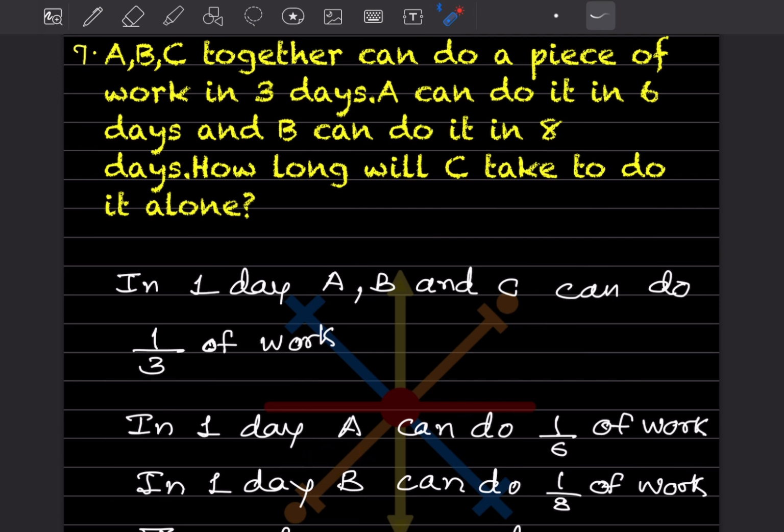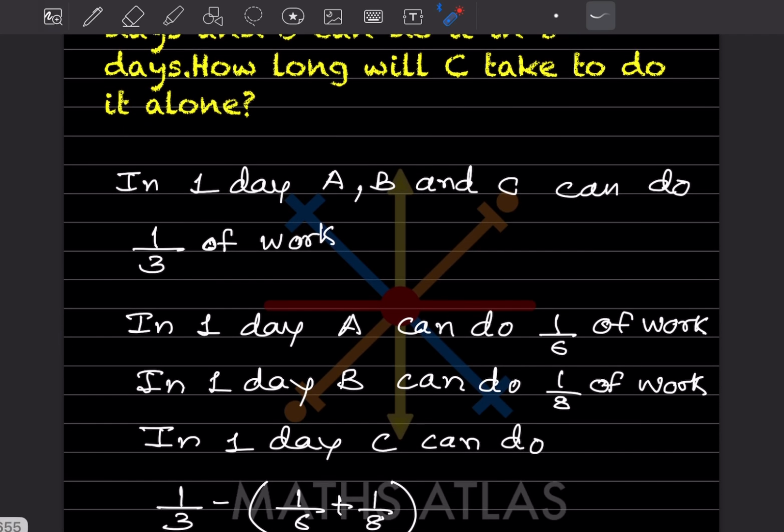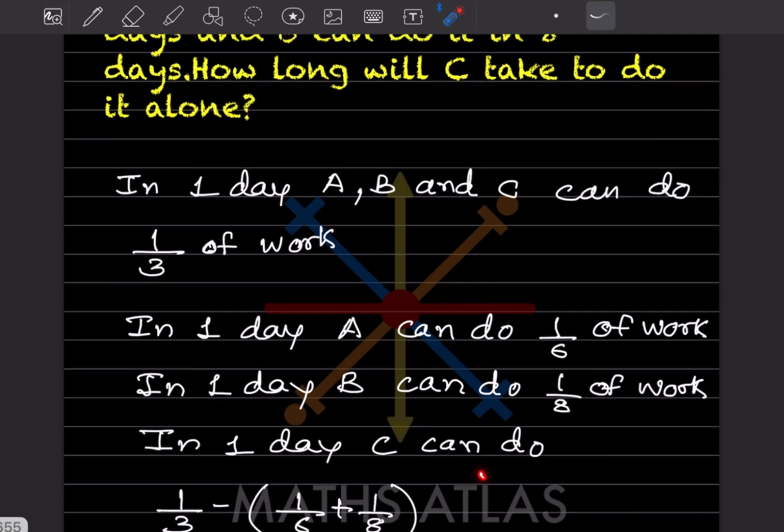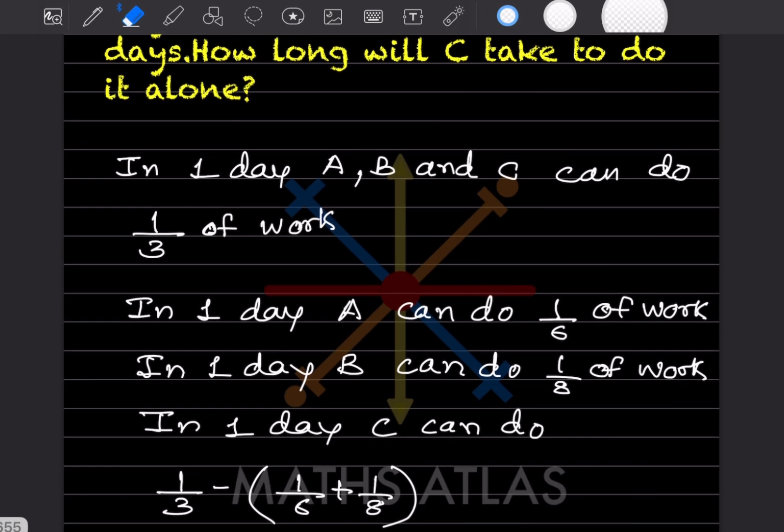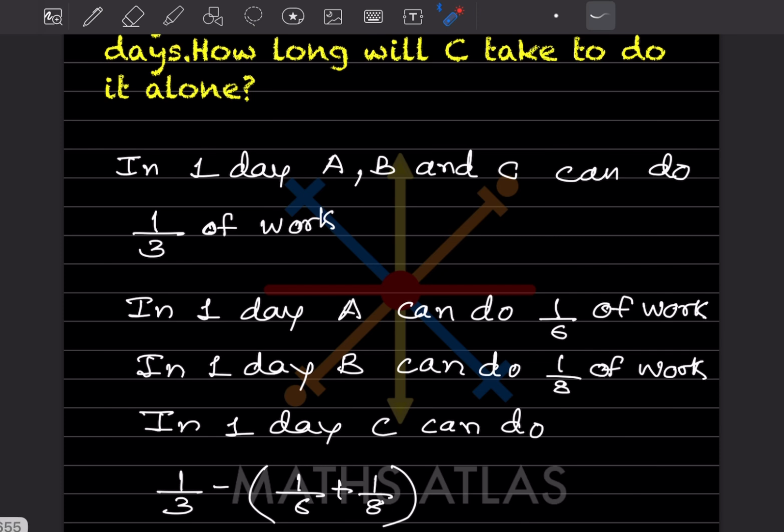A can do, given 6 days, 1 by 6 of work. In 1 day, B can do 1 by 8 of work because in 8 days. And in 1 day, C can do, we don't know how long C takes. So what will you do here? Because together they are doing 1 by 3, from this one